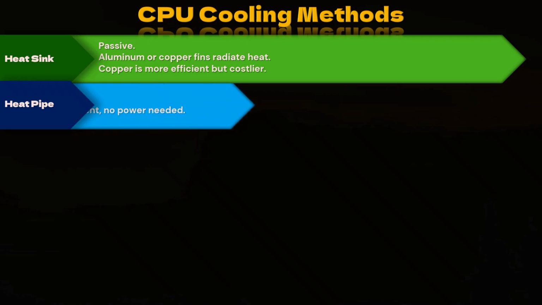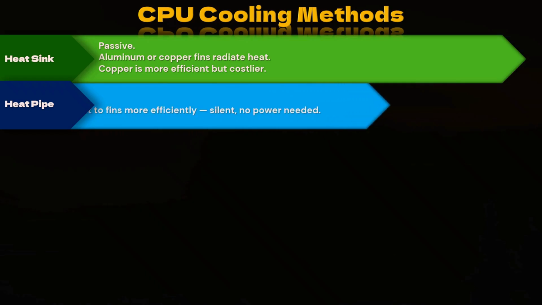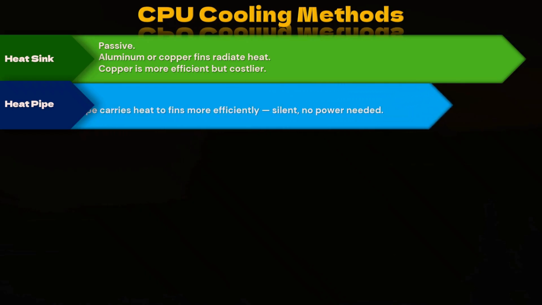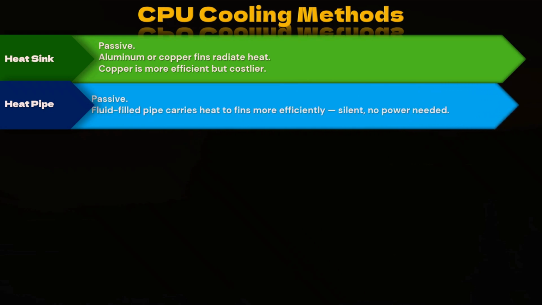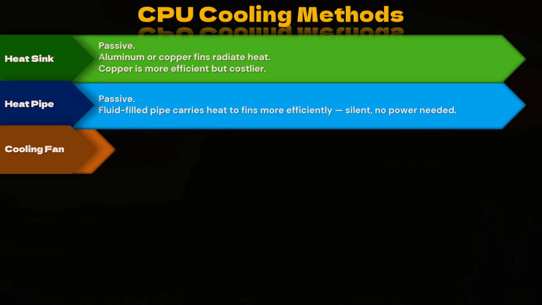A heatsink alone can only provide limited cooling, and one large enough for a powerful CPU would be very large and very heavy. A feature found on large, powerful heatsinks used for high-end CPUs and laptops is the heat pipe. A heat pipe is a hollow pipe filled with a special fluid that helps it move efficiently, carrying heat away from the processor and out to the fins. Because the fluid is circulated by internal heat rather than external power, heat pipes are still passive cooling and silent.